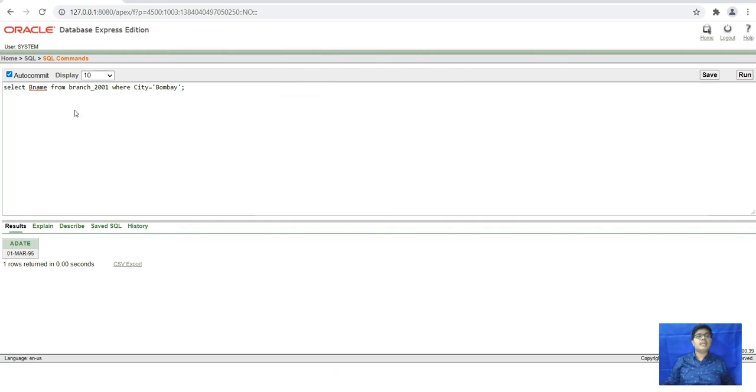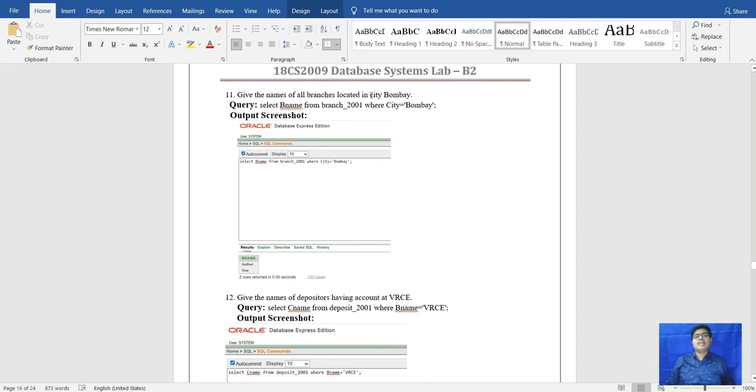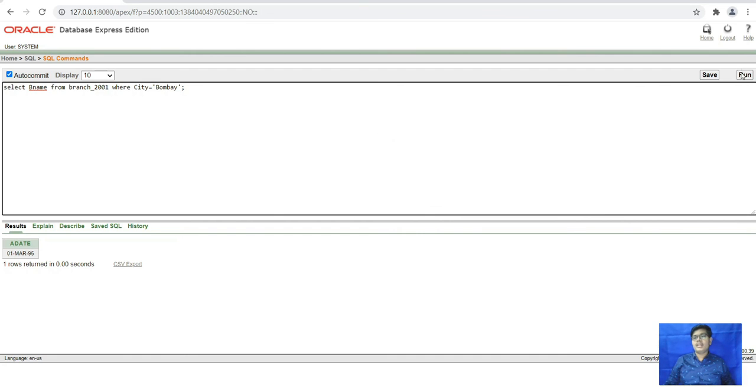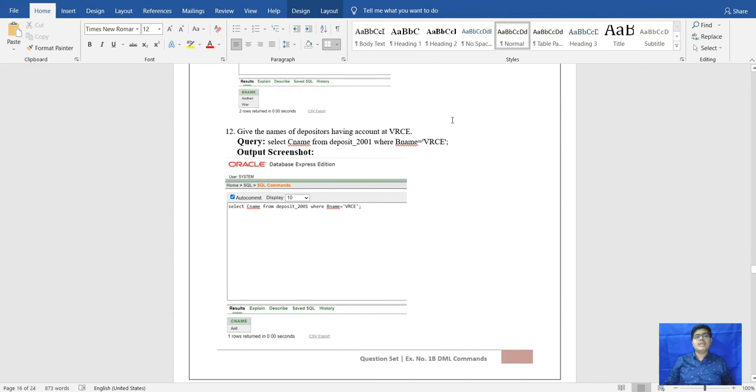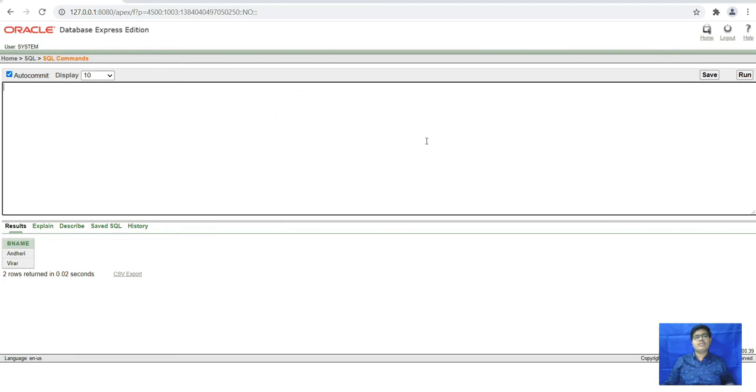So here this command only show the names of located in the Bombay. Andheri and Vihar, this two only are located in the Bombay city. After that, the 12th question is give the name of the depositor having account at Vizag.